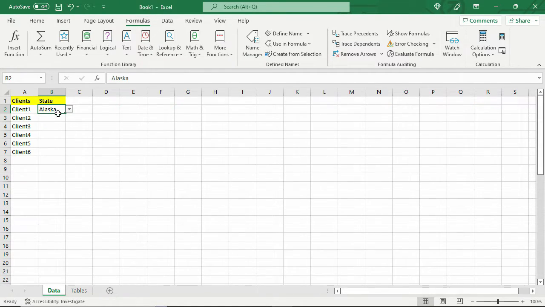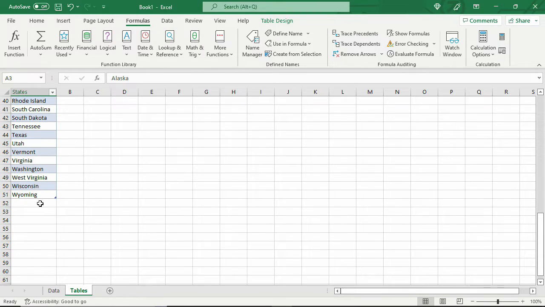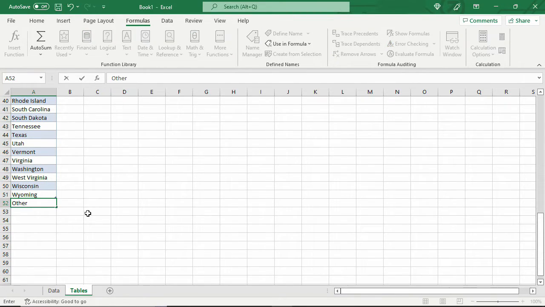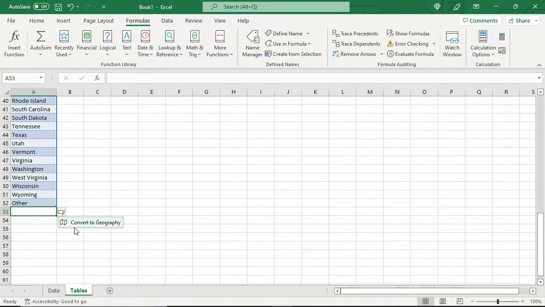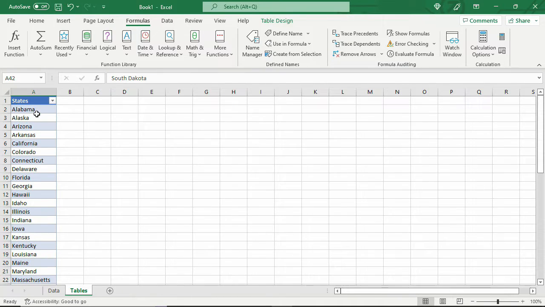So now you can see that we got Alaska, Colorado, Delaware, Arizona, Alaska. Once you have this set up, essentially you're done. But there is one thing we can add, is that you're not just stuck with this information. Like if you add to the table, it will populate it, and you can see it in here,